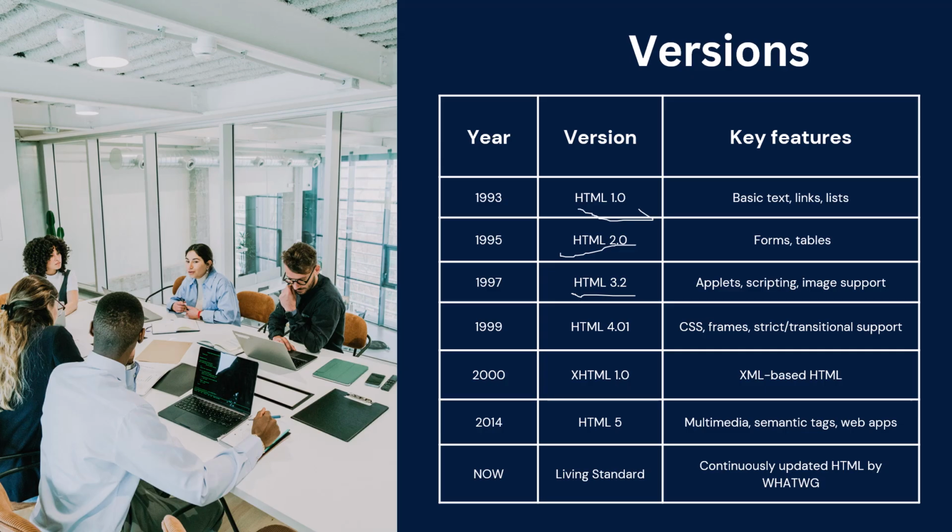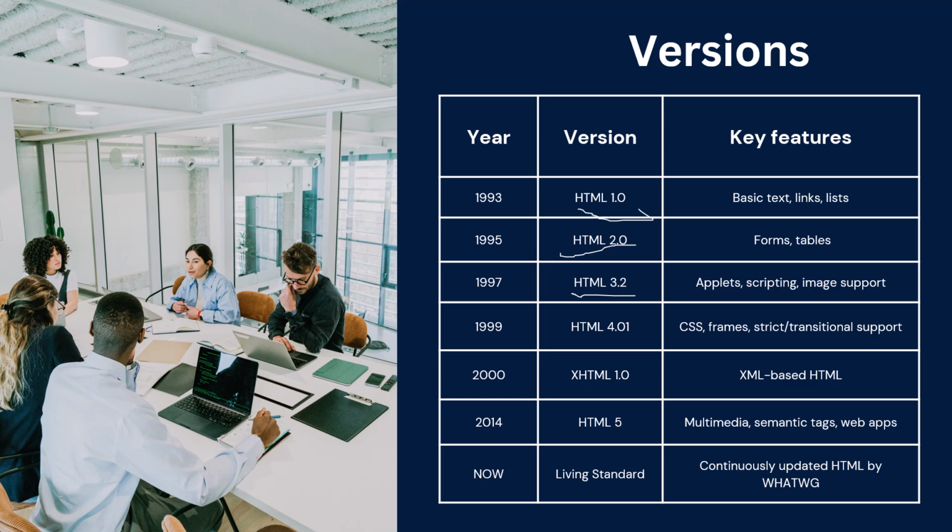For example, all tags had to be properly closed, nested correctly, and written in lowercase. While XHTML improved code consistency, it was often too strict and browsers would break if something went slightly wrong. So to overcome this, next